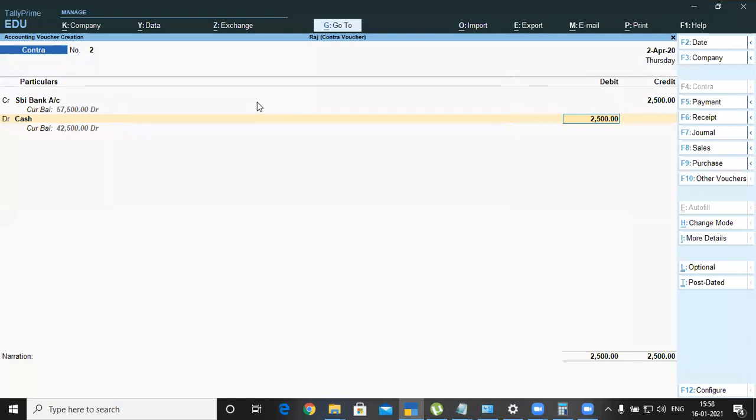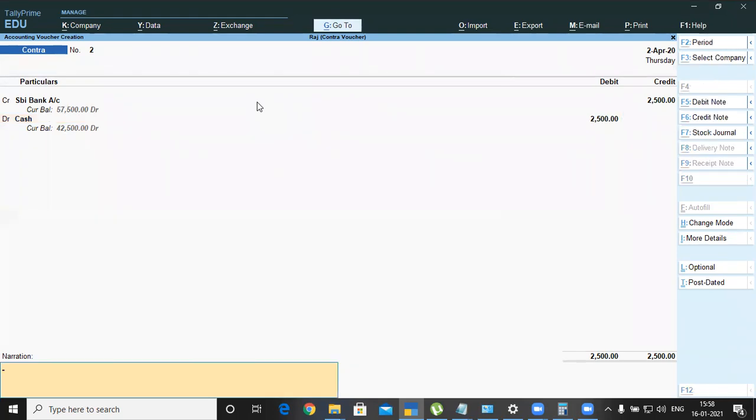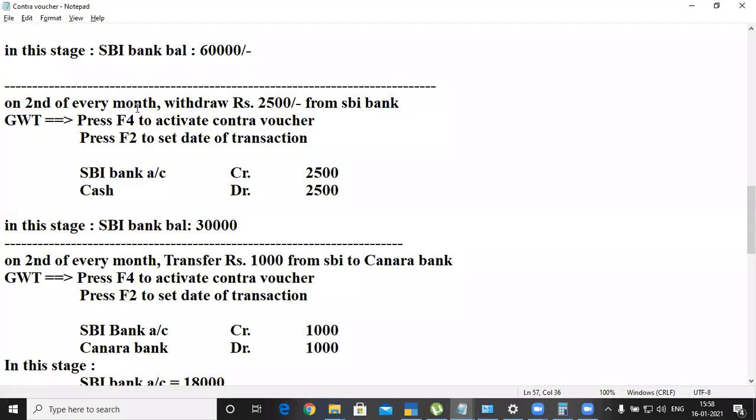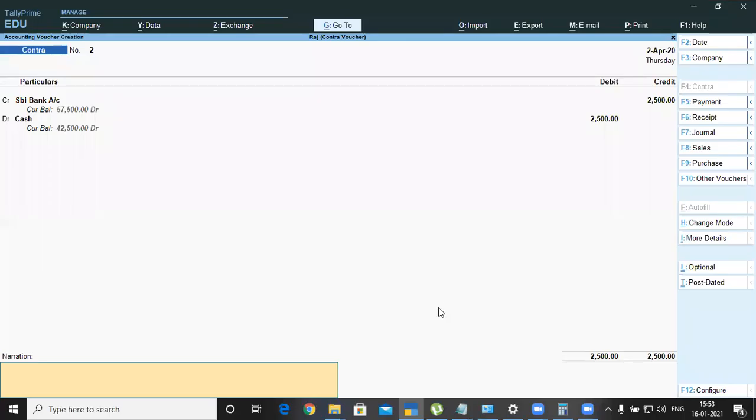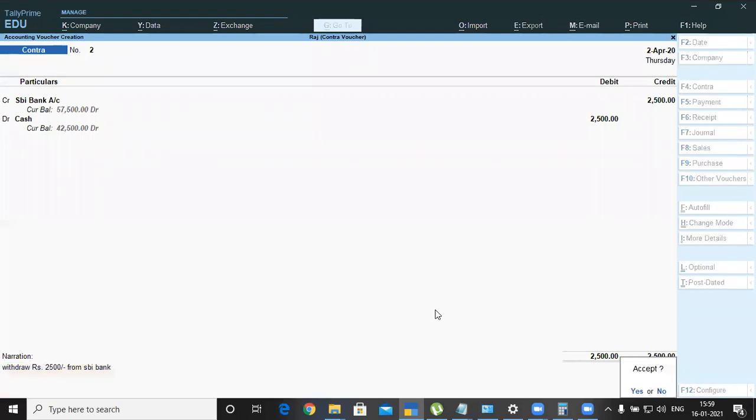Press cash account because cash comes into the business, and here you write withdraw rupees 2500. Press Ctrl A, meaning Ctrl V, and paste it. So this is for the month of April.